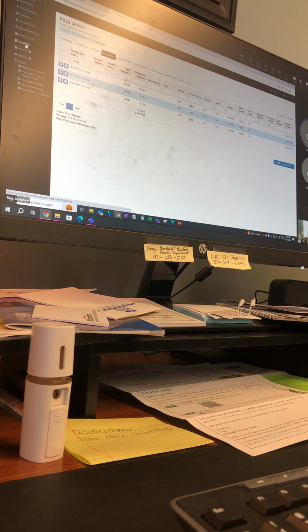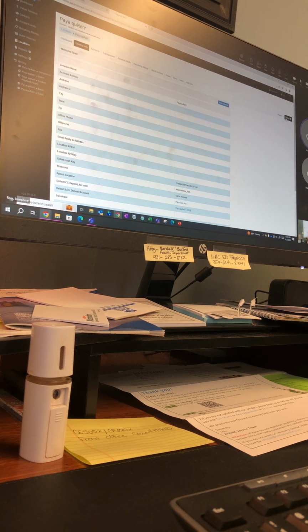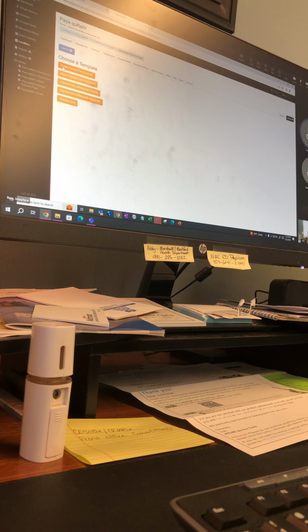So now let's go back to locations. Okay, and let's go from settings, let's go to host payment page. Now you have a total of 5 host payment pages. I've already used 3 of mine. To start a host payment page, you want to click on create host payment page, and most people use the